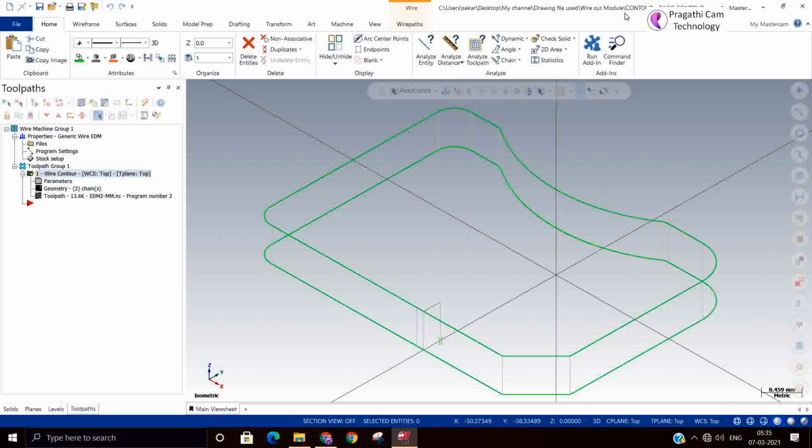So mostly we will take the default and go forward. But you need to know what it is. That's the reason I just explained all the generic parameters available in the wire cut. So I just tried to give you all the things. Thank you.